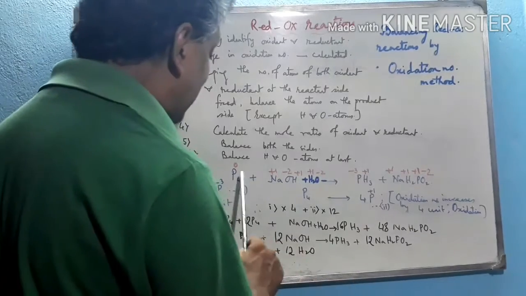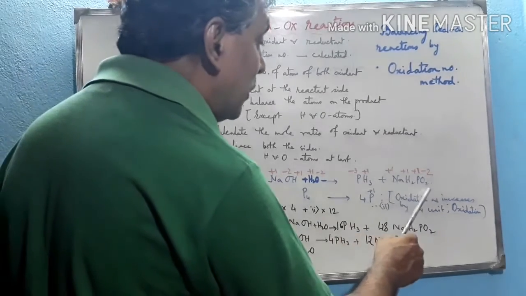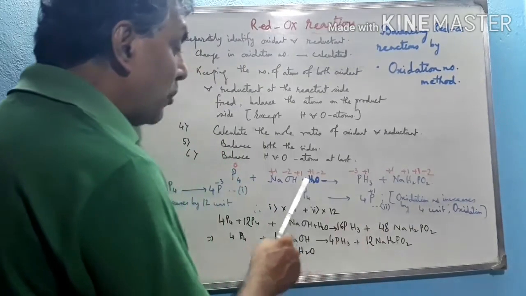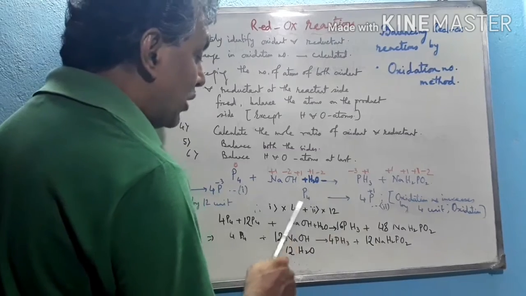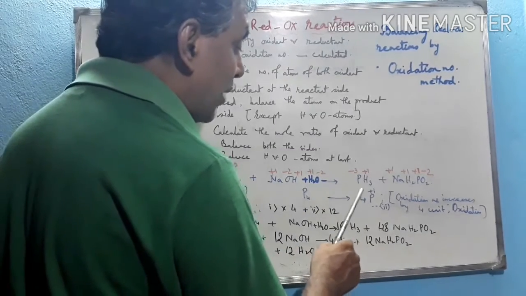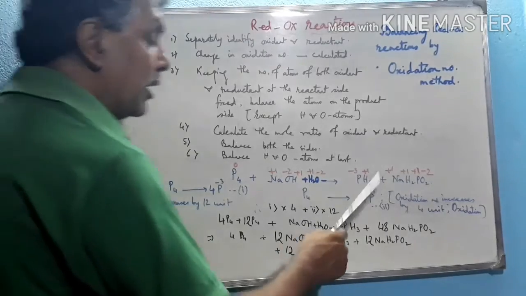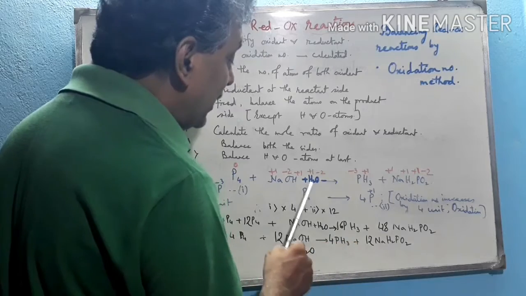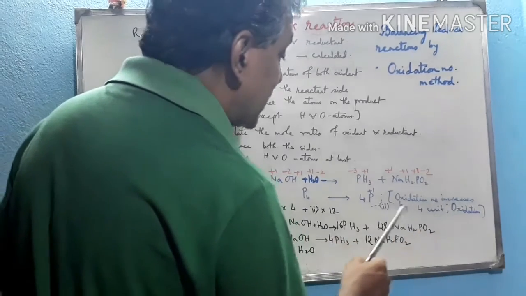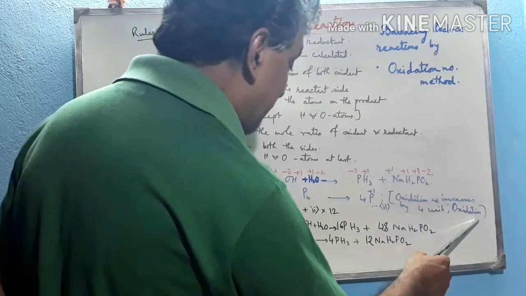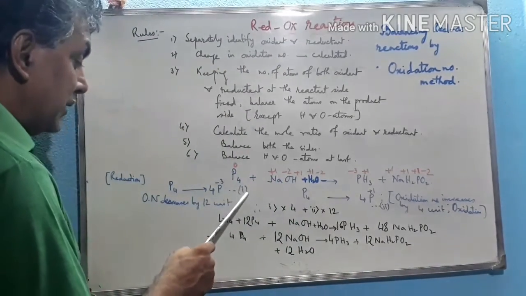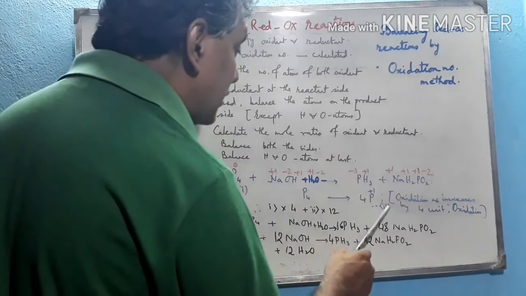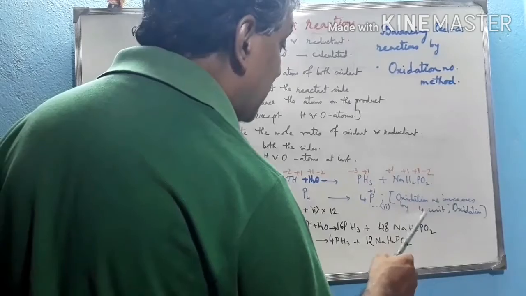Now in case of oxidation, see this P4 converts to NaH2PO2 in which phosphorus is in the +1 state. P4 to P +1. We have to balance the phosphorus on both the sides. Left hand side contains 4 phosphorus atoms. That's why you have to multiply by 4 the phosphorus atom on the right hand side. So total oxidation number becomes +4. Here it is 0. So oxidation number increases by 4 units. This is the oxidation. Now the first equation, which is reduction, is 12 units. The second equation, which is oxidation, is a change in oxidation number by 4 units.